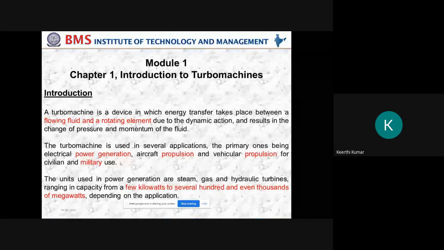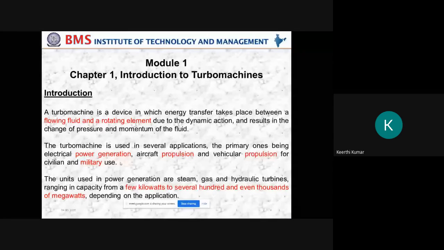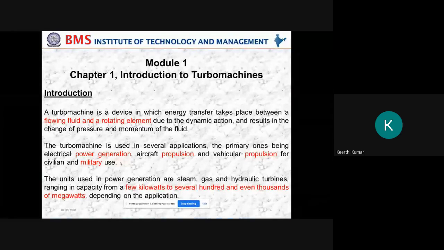For example, you take a fan. A fan is not a power generating machine. What will happen? You will supply the power, electricity, for that, and it will start rotating. So there, the shaft is rotated or the blades are rotated and the fluid is flowing over the blades. So again, that comes under the heading of turbo machines. What is the definition of turbo machine? Energy transfer takes place between the fluid and the rotating element. What is the fluid in the fan? Fluid used in the fan is just air. Air is the fluid and the rotating element is the blades. So the fan comes under turbo machine.